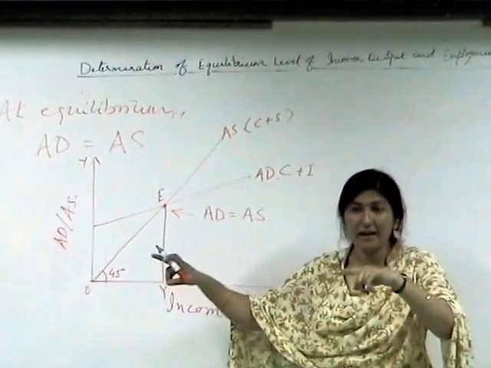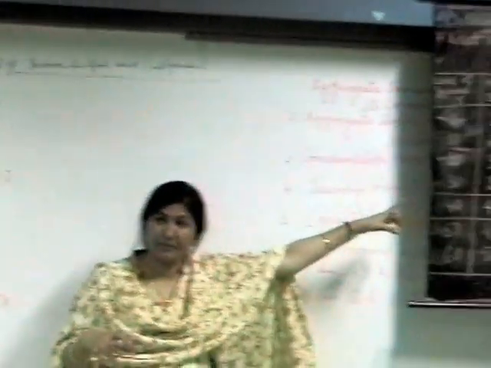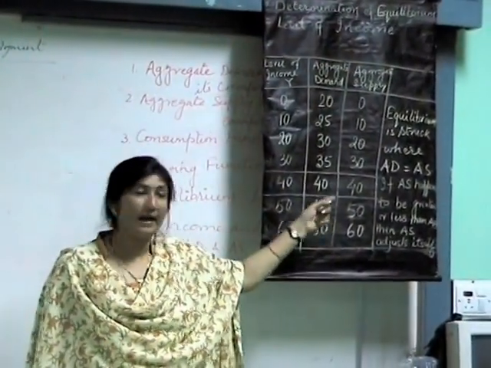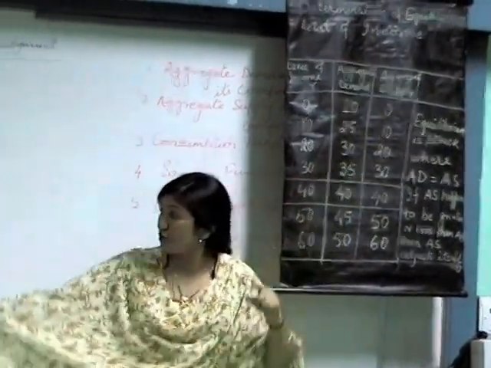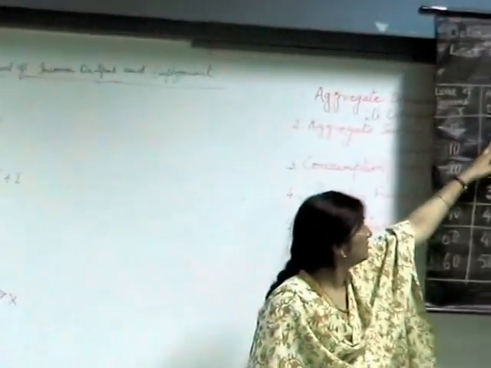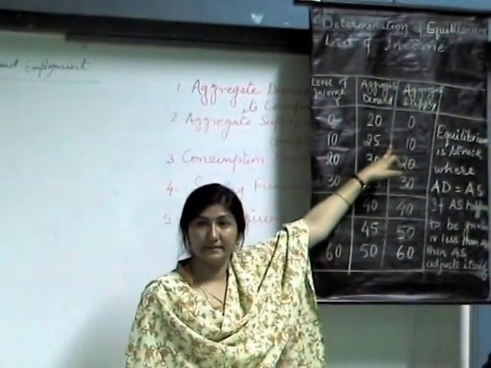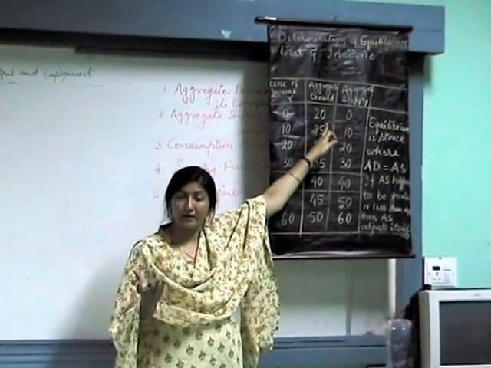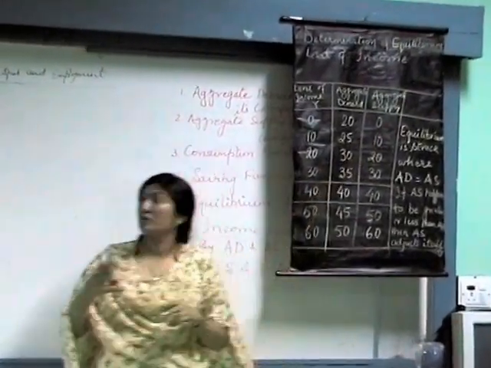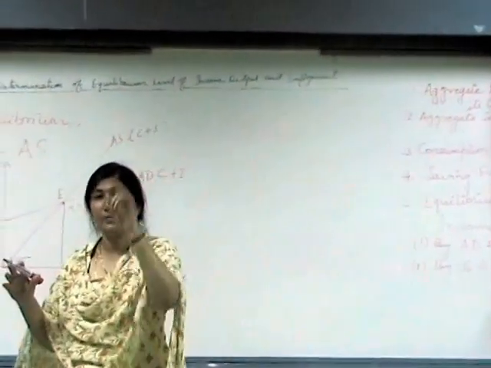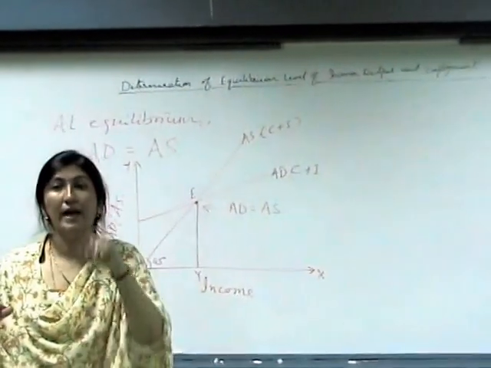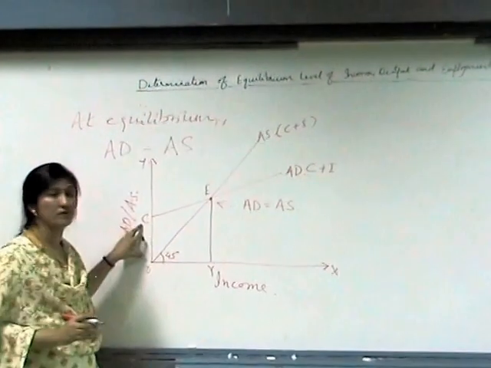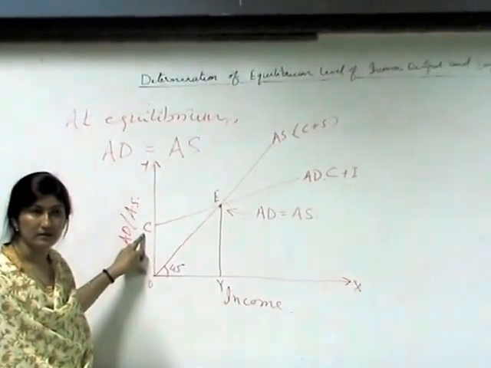But supply, aggregate supply follows your income. As is the income in the economy, same is your aggregate supply in the economy. And that's why the supply schedule starts from 0, so your curve starts from 0. And see the aggregate demand, which is C plus I. And why is this C plus I? Investment is constant. But when both are added, even at the zero level of income, there is a certain amount of consumption, and that's why your AD curve is above this, that is, at the start. Is this clear? Very clear?